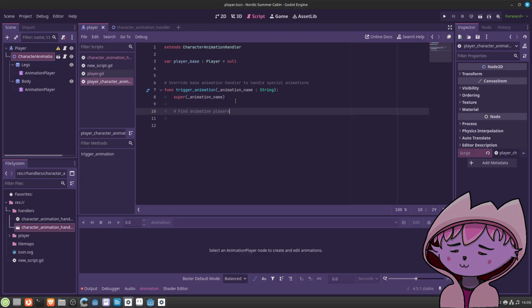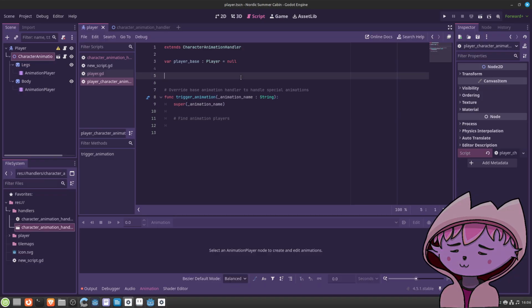Yeah, it should be fine. No, we don't need to override anything. Oh, we do. Wait. Okay, let's see. Spatial. Characters.